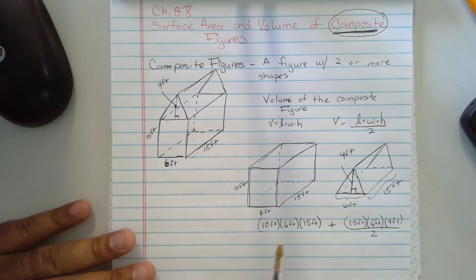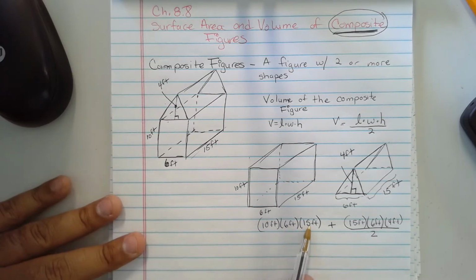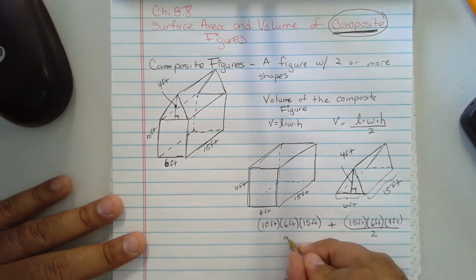So 6 times 10 is what? 60. 6 times 5 is 30. What's 60 plus 30? 90 times 10. Is that what you guys got? 900 cubic feet